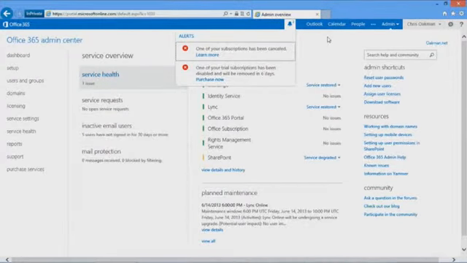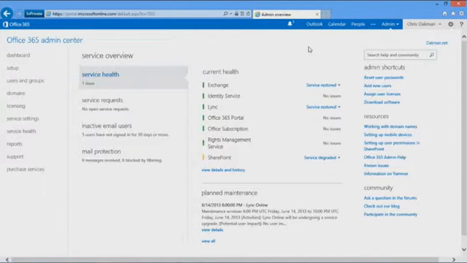All right. So right away, my trial subscription, you can see at the top, I got a pop-up alert. One of my subscriptions has been canceled. I've since bought a subscription. So you can see that here. You can see my mouse. So one of the trial subscriptions has been disabled and removed. So you're going to see these. If you started your Office 365 tenant with a trial, you're going to see these 30 days after that trial expires. So you can click off those. So this is the Office 365 Admin Center.